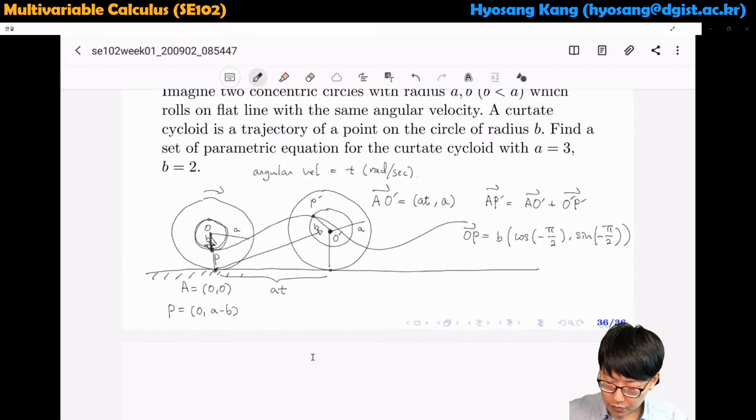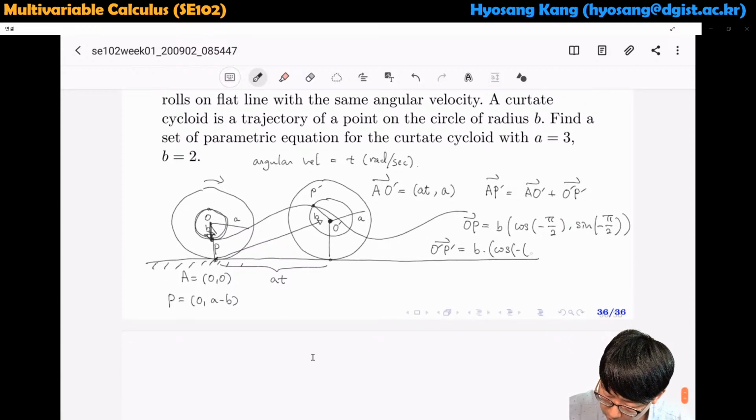When it rotates, O prime P prime becomes b times cosine of minus pi over 2 plus t,